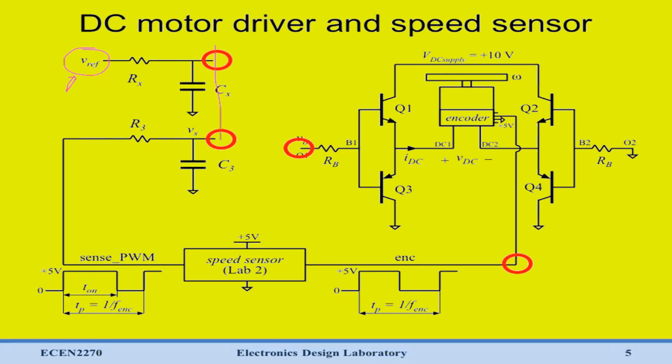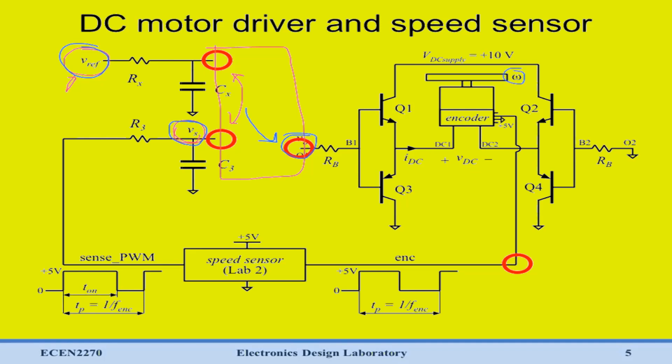And then we'll use some sort of a feedback controller, which is going to take the error between our reference voltage and our actual voltage. So it's going to look at the difference between where we want to be, which is this Vref, and where the motor actually is, which is this Vf. And we want that feedback controller, or that compensator, to generate some VO. And we want it to automatically generate the correct VO in order to give us the motor speed omega that